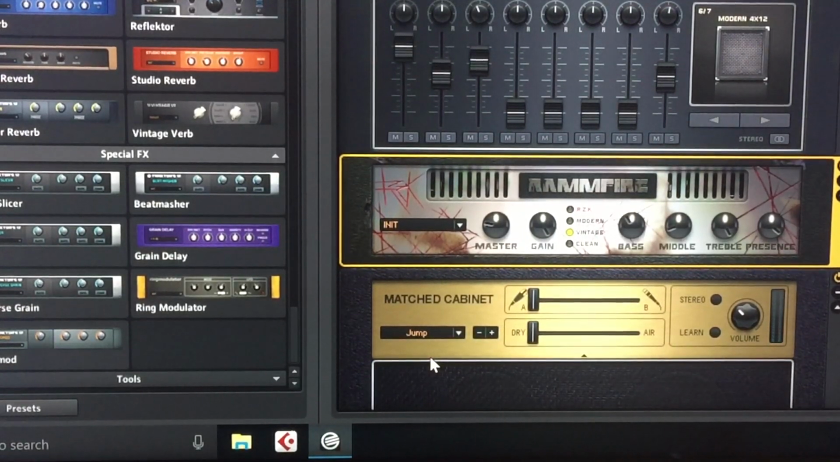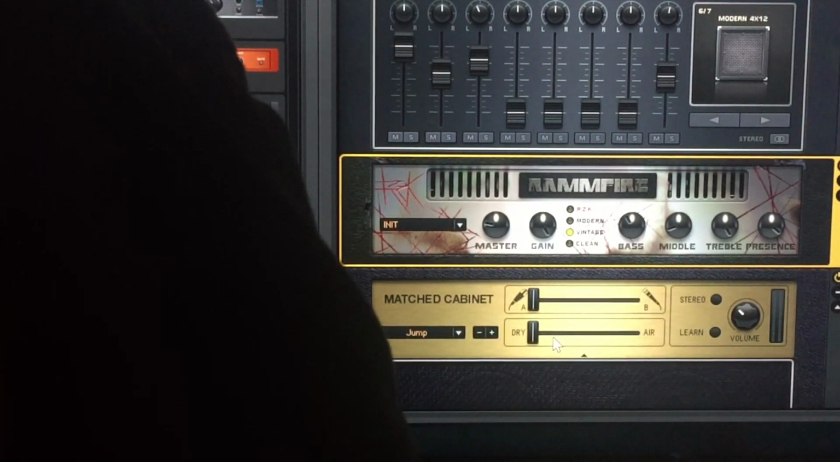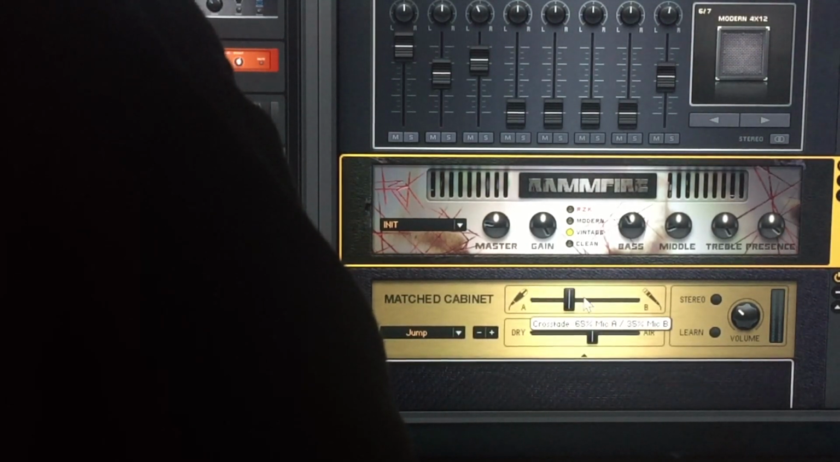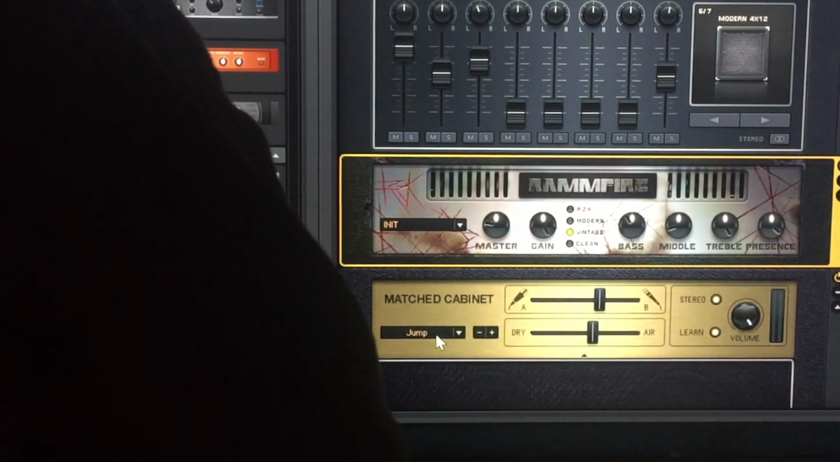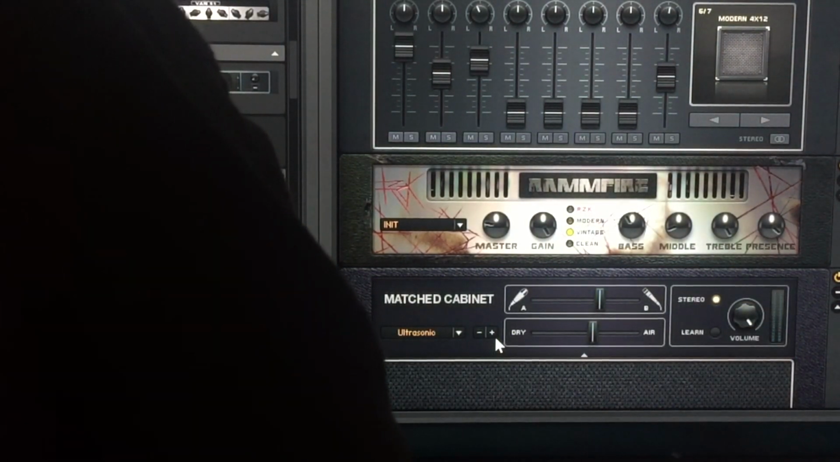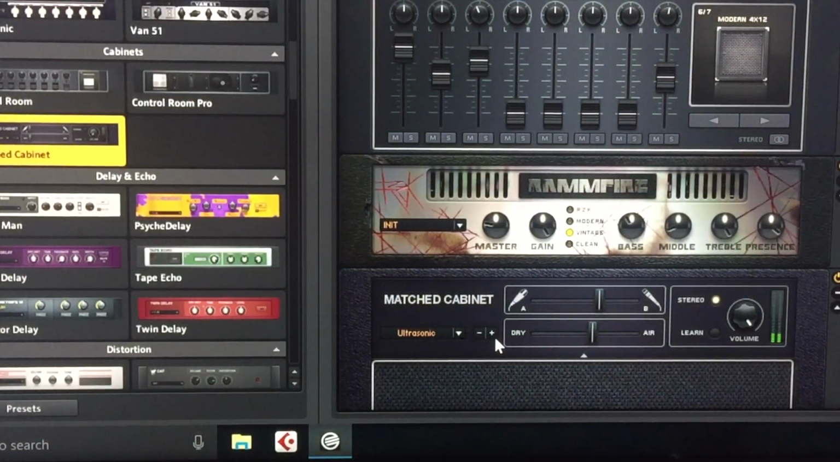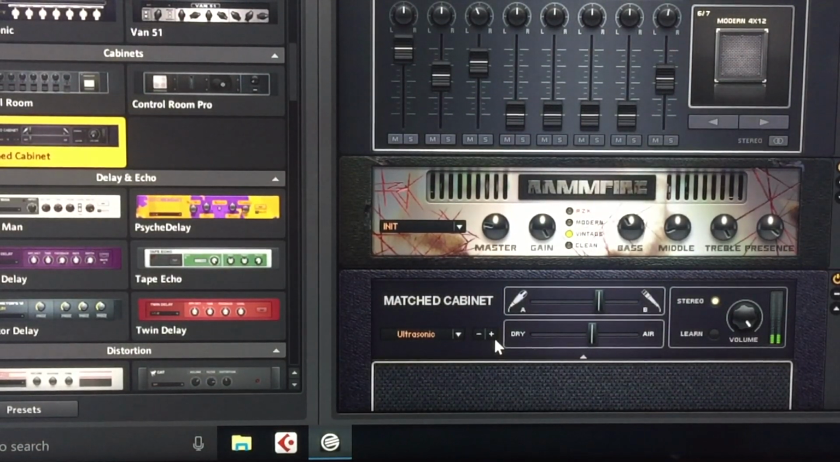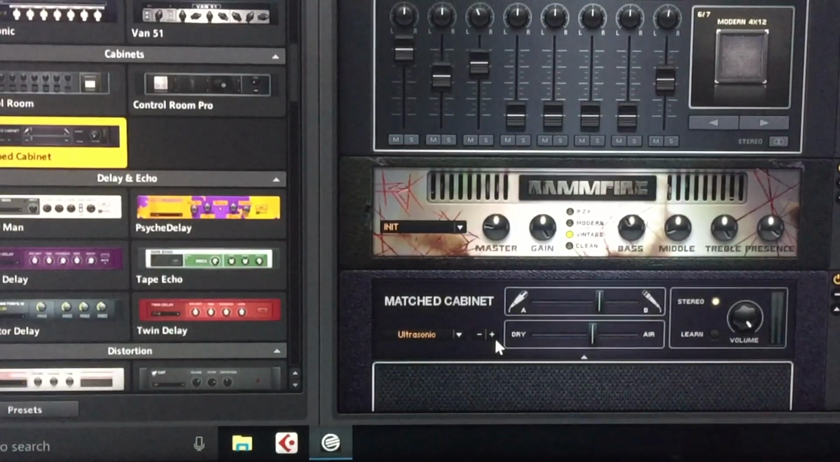That's cool. So we can also change dry, put it in the middle, to air. We can pick stereo, learn, all this cool stuff. Ultrasonic. So you can change all kinds of crazy stuff with this package. That sounds a lot better. Before it sounded kind of like it was on an overdrive fuzz pedal too much. So now